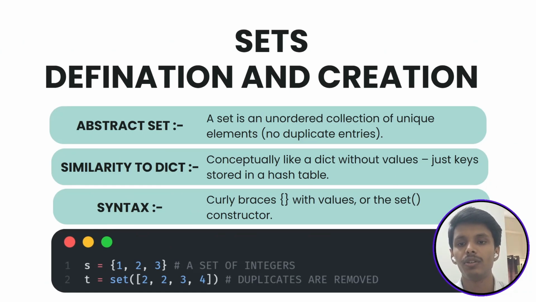A set is an unordered collection of unique elements. It doesn't store key value pairs, just values, and each value must be unique and hashable. You can create sets using curly braces or the set constructor. We can also convert other Python data types into a set, and it only stores unique values, so duplicate values will be removed. Also, like dictionary keys, set elements must be immutable. We can use numbers, strings, or tuples, but not lists or dictionaries.